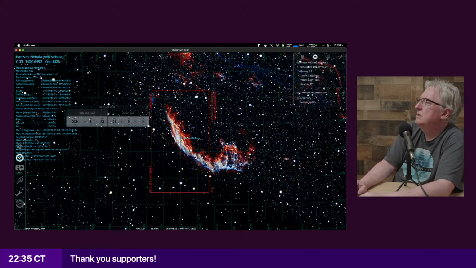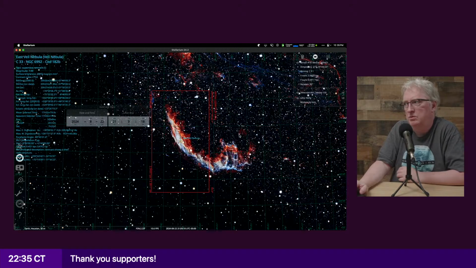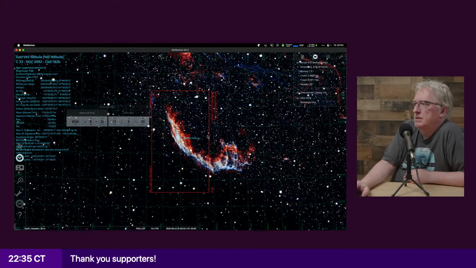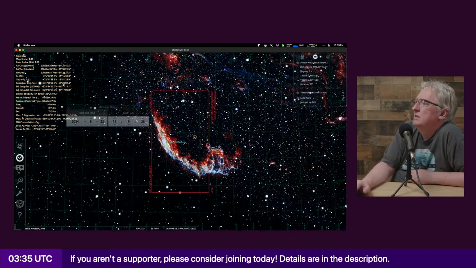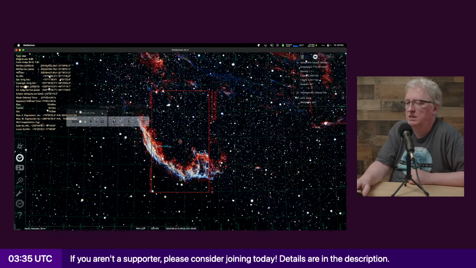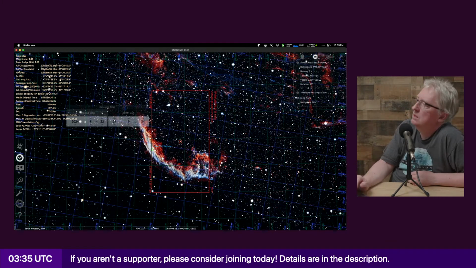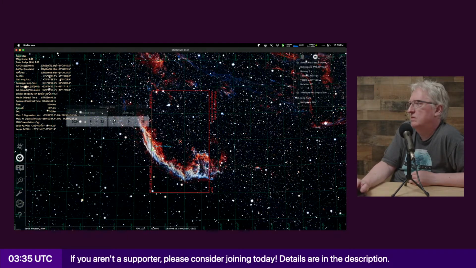And if I did just a simple 1x2 mosaic centered on this star here, where it's doing this part and then this part, that could be cool. I just have to figure out if it's 1x2 or 2x1.